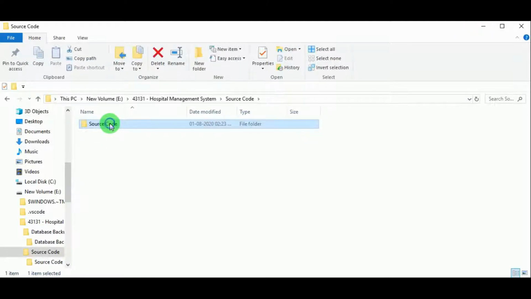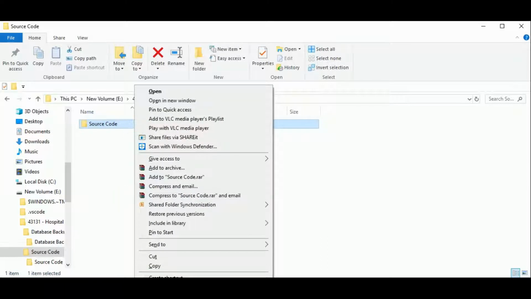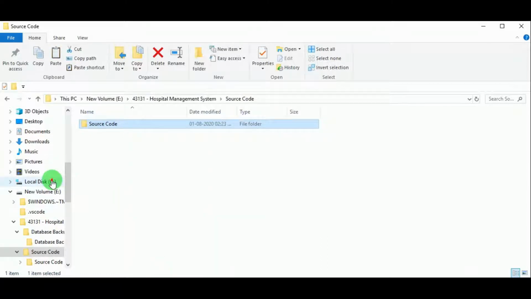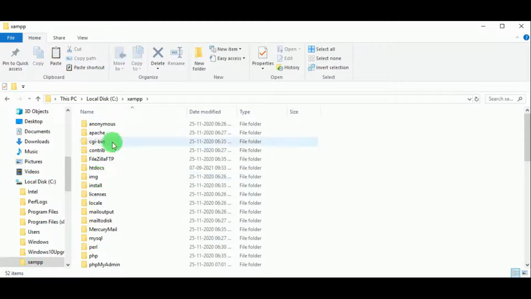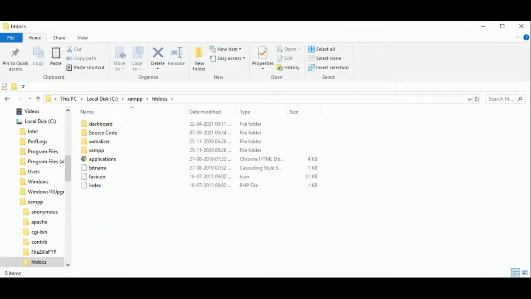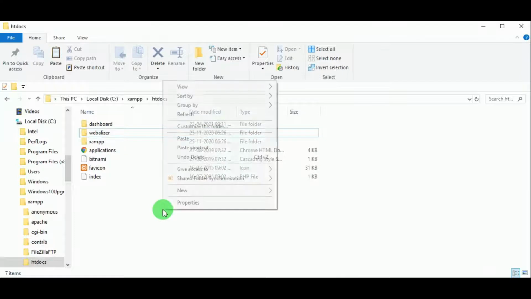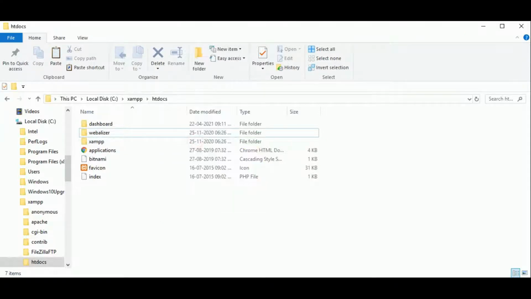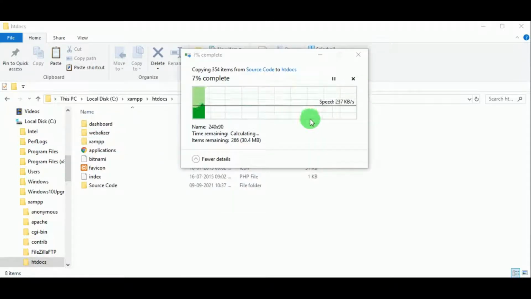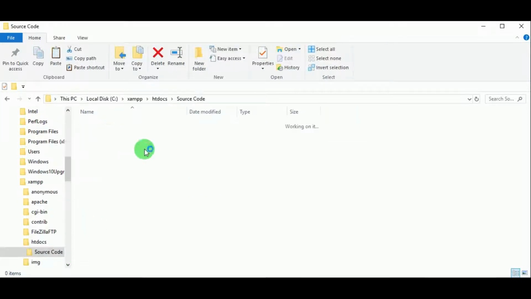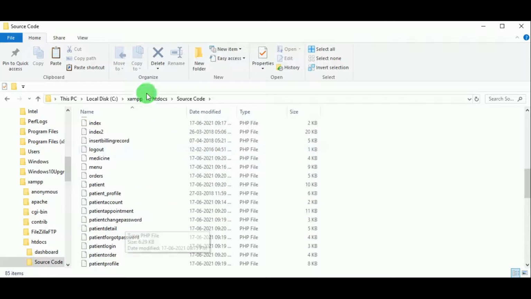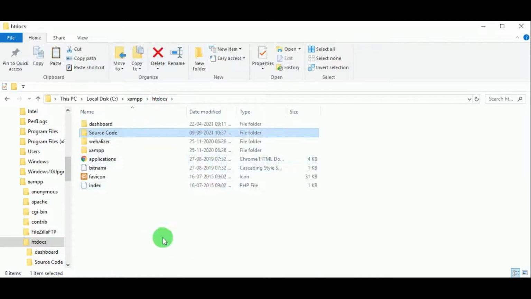Now let us copy the folder source code and let us paste this in C drive, in XAMPP folder, in the htdocs folder. So this is because I have installed XAMPP control panel in the C drive. So wherever you have installed, you can paste it there. So we can see in the source code all the PHP